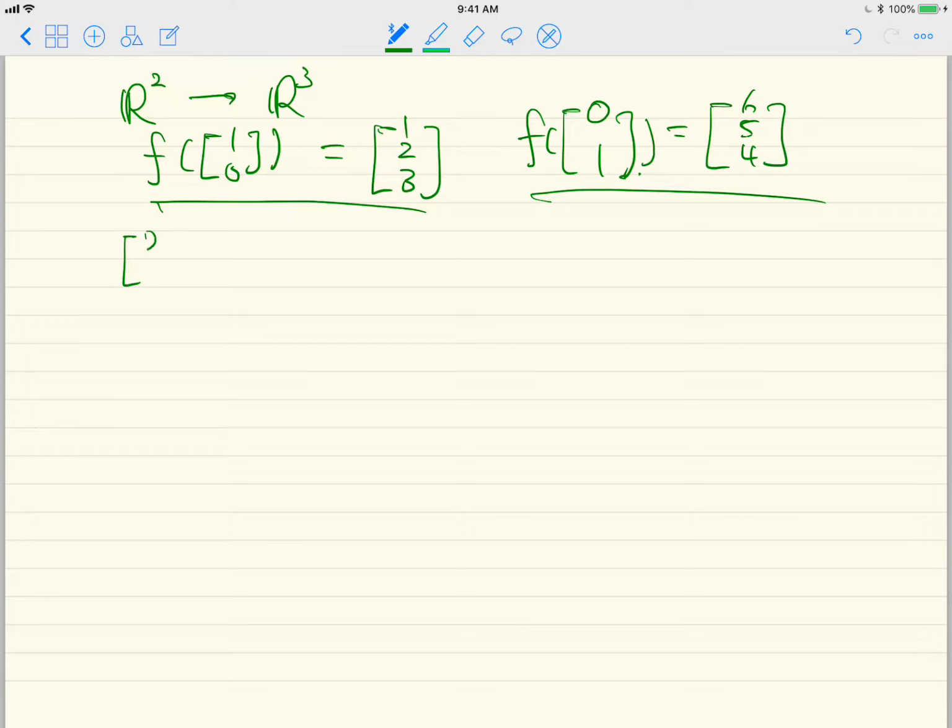Suppose you have an arbitrary input vector defined in our domain, (x1, x2), and it is always represented as a linear combination of (1, 0) and (0, 1), right? And then we know that because this function is linear,